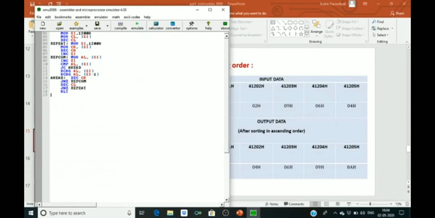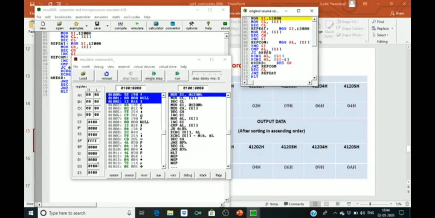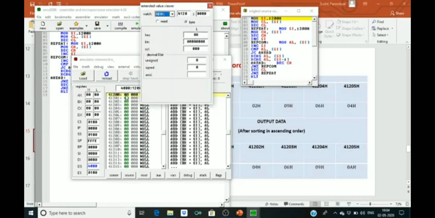So we will go to our emulator. I have copied the program here. Now we will go to emulate. First of all, we will go to the memory location where we have to store the input. So DS we have taken 4000, and SI 1200. So we are storing five elements. So 05,